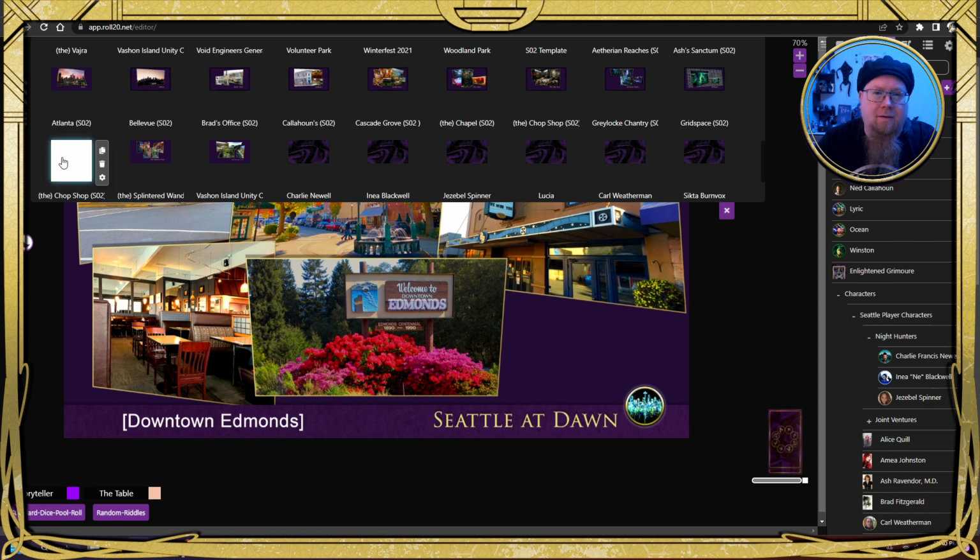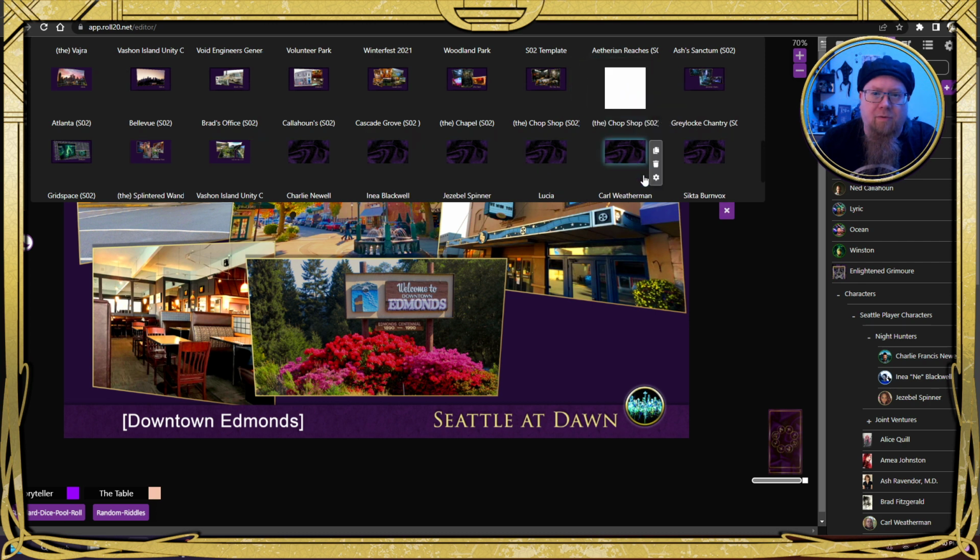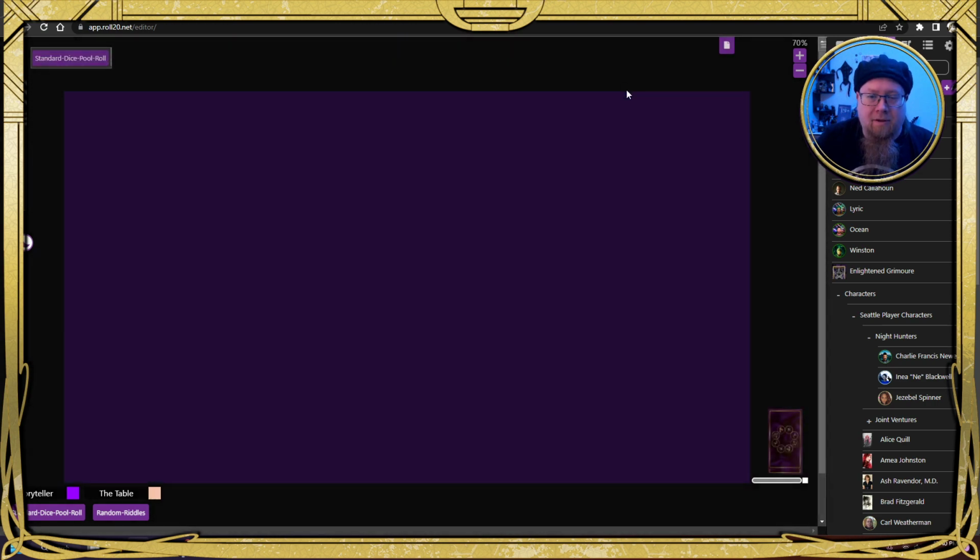Oddly enough, it put it on the second page, but we're going to move it here. It's still called the Chop Shop copy, but we are going to change it to Downtown Edmonds. There we are. So here we are, Downtown Edmonds. We've got the same purple background.